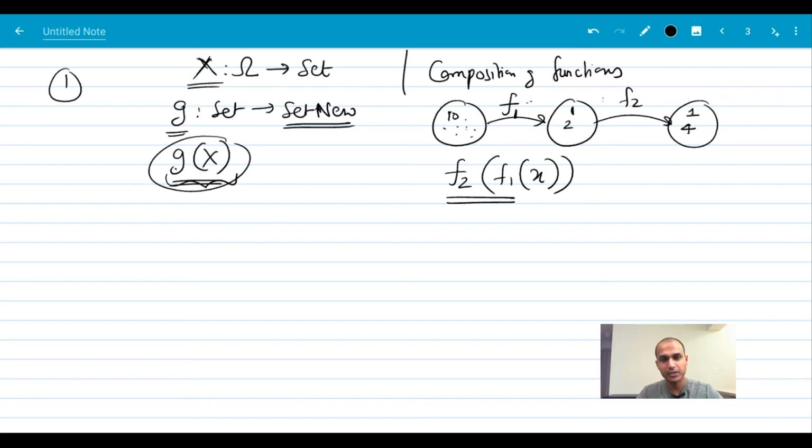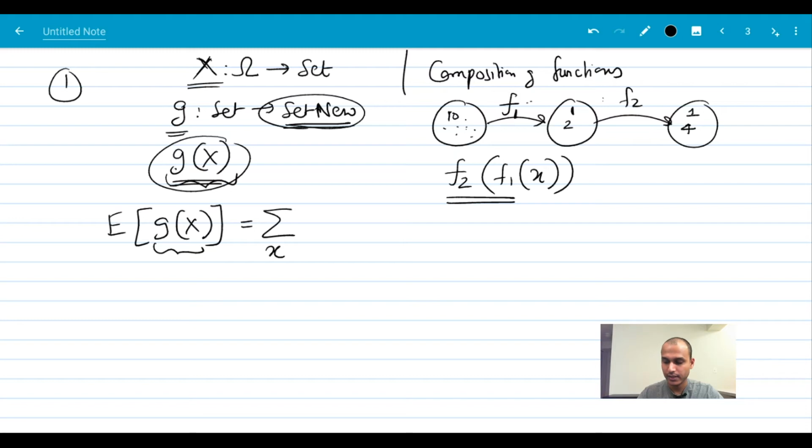What is its input? Its input is still an outcome or event in the sample space. Its output is still a new bunch of numbers. So it's still a random variable. So it's called just a derived random variable. For this guy, the expectation of g of x, it turns out that if I want to find the expectation of this random variable, I haven't even told you what the derived probability law for this random variable is. But you don't really have to figure out the probability law. What you can do is you can do a summation over x, which is the values that the original random variable, the capital X random variable, is taking, times g of little x times p of x takes a value little x.